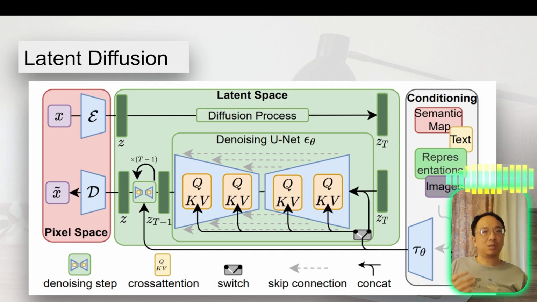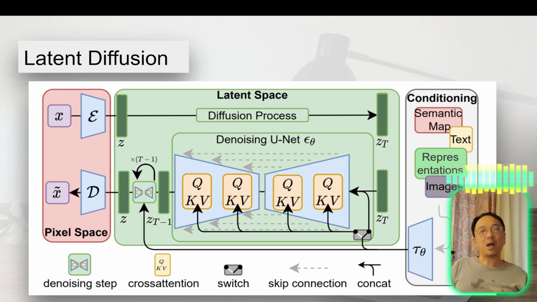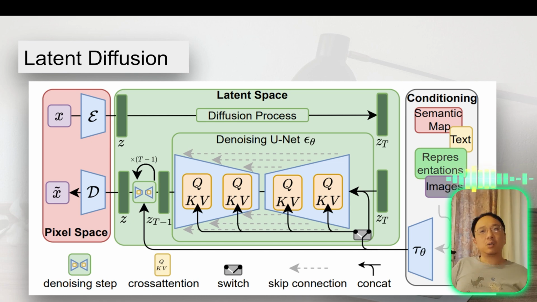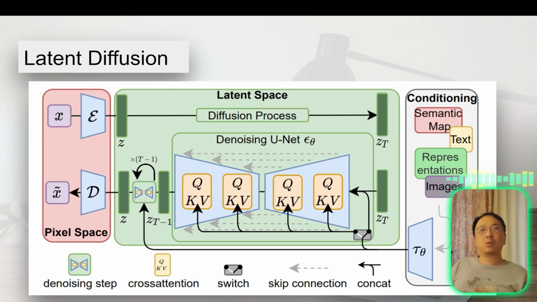So it should just work. And because latent space typically has lower dimensionality, the training should be much more efficient, and the training for a conversion should be easier. So if everything works well, latent diffusion should reduce the computational cost for training the models. And also, because it works on lower dimensional latent space,